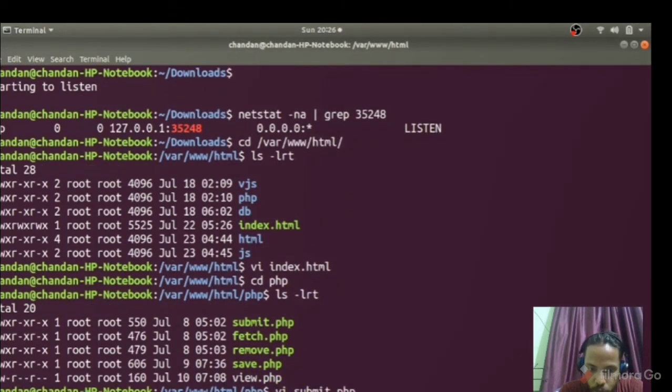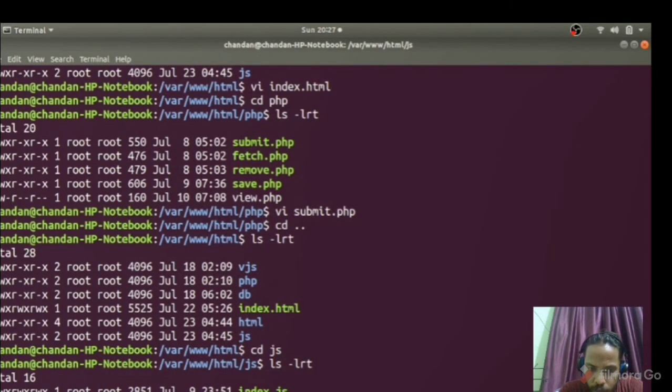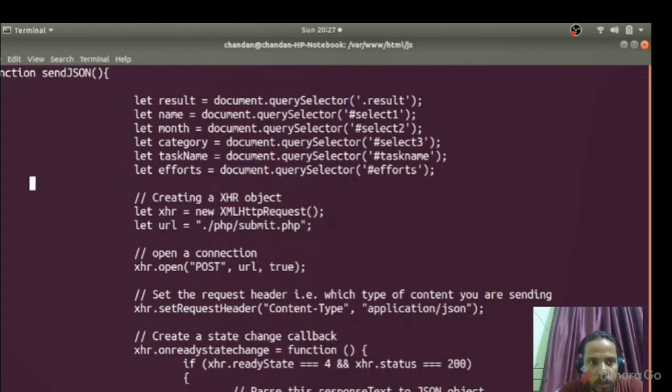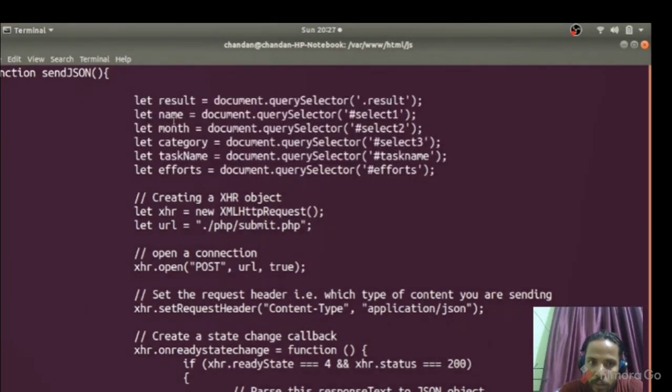I'll show you our JavaScript page as well. If you need those things, you can mention it in the comments. This is our function sendJSON. Here we are retrieving the data from the HTML web page: the result, name, month, category, task, effort.